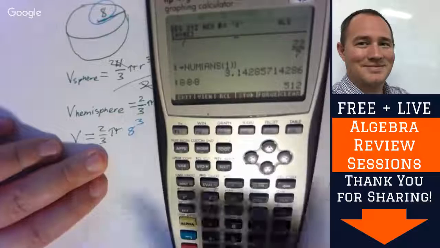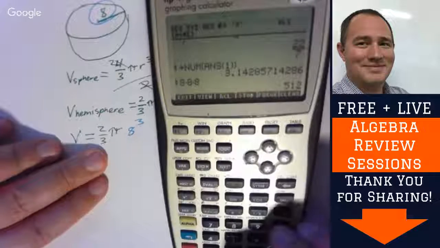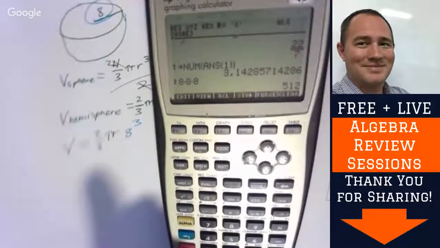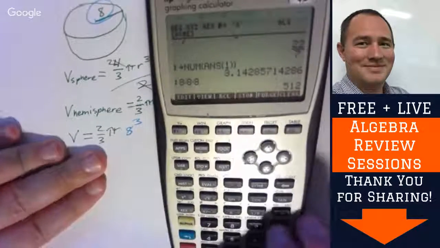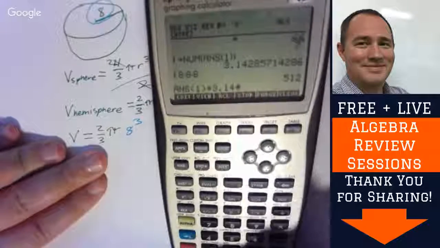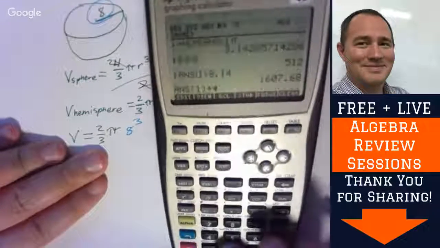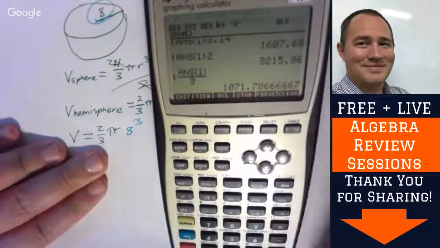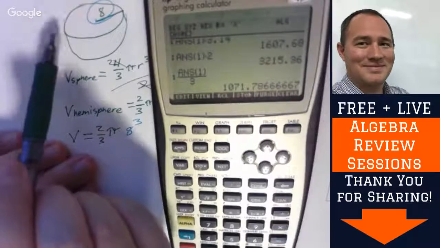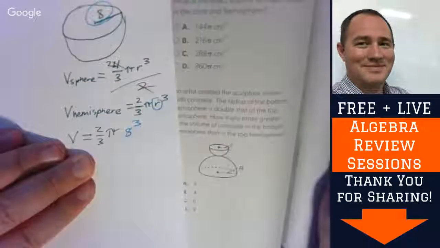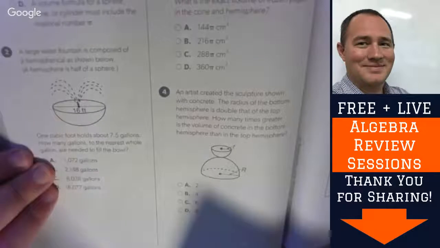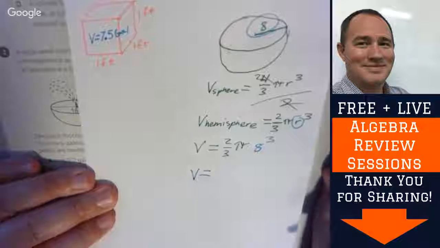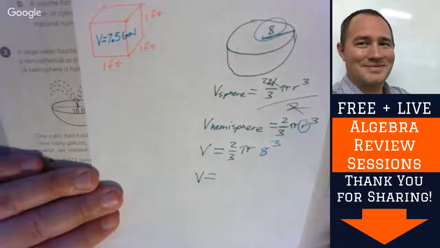8 times 8 times 8, that's 8 cubed, times, just want to make sure, I didn't want us to leave pi as a symbol, so times 3.14, times 2, divided by 3. So the volume, the capacity of this, or is it a bowl? Because we're calling it a water fountain, volume equals, and we got 170, no, I'm sorry,